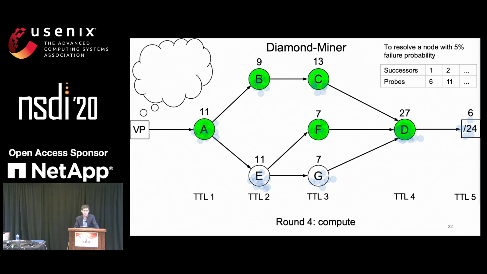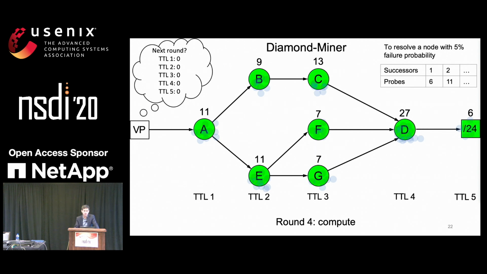The state of the topology is the following. At TTL1, we still have A and 2 successors, so A is already resolved. At TTL2, B is also resolved, and now E is resolved because we have 11 probes that go through E. And at TTL3, G is now resolved because we have 7 that go through G. At TTL4, D is already resolved, and TTL5 as well. So far, all of the nodes for this /24 destination prefix are resolved, so we can say that this /24